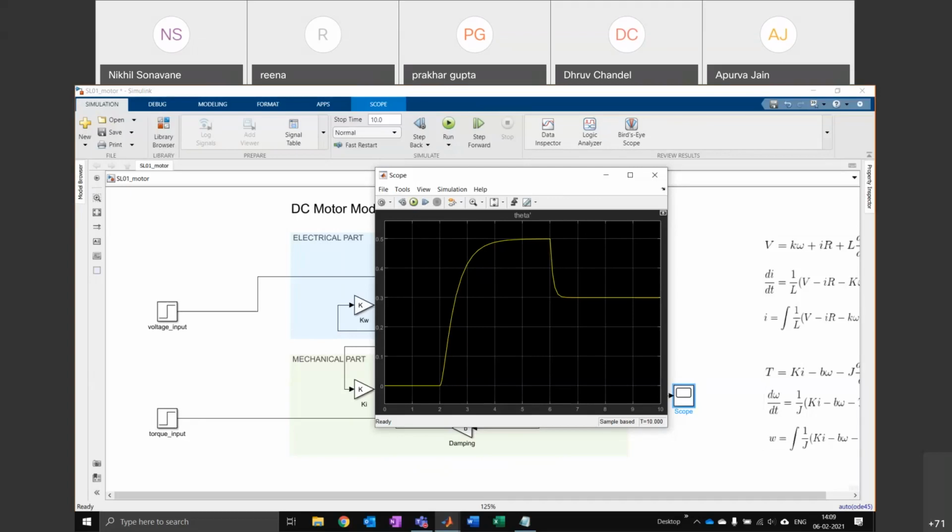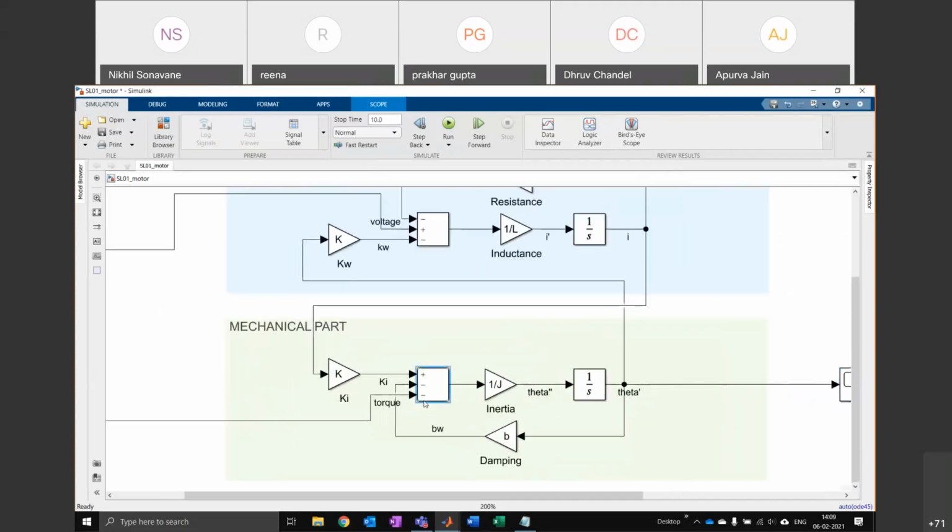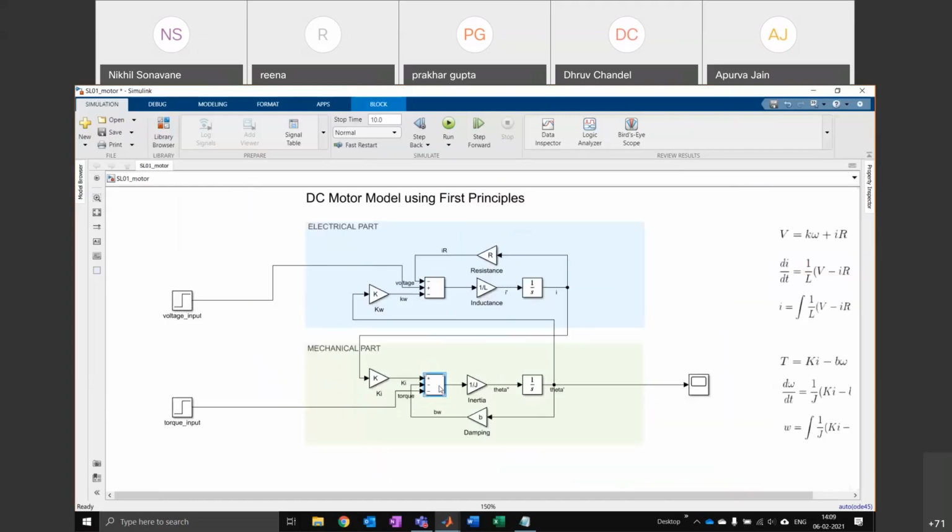Is the torque opposing the source? Yes, of course the torque is opposing the source. If you look at this sign, the torque is acting on a negative sign compared to the omega, which is the velocity. So the torque is opposing the velocity of the motor. And always in a real system, this will be the case, because outside torque will always oppose the motion.